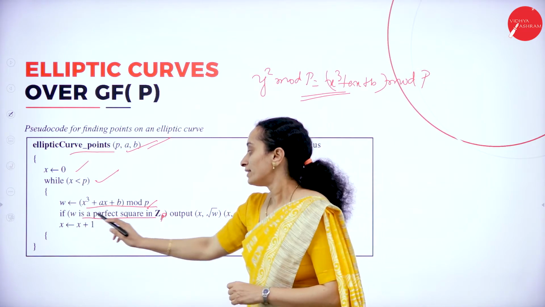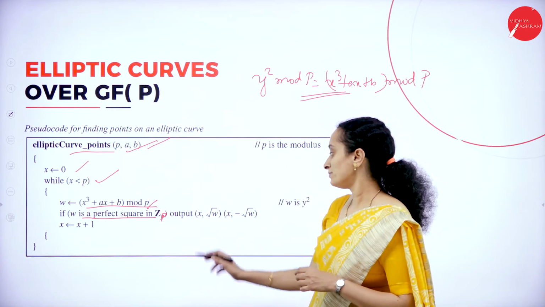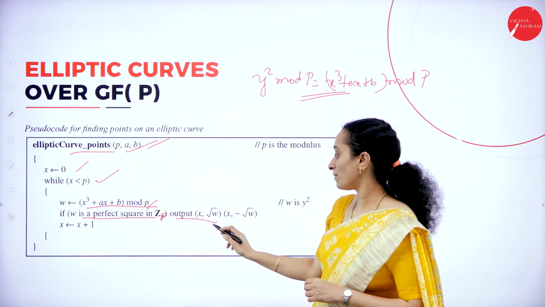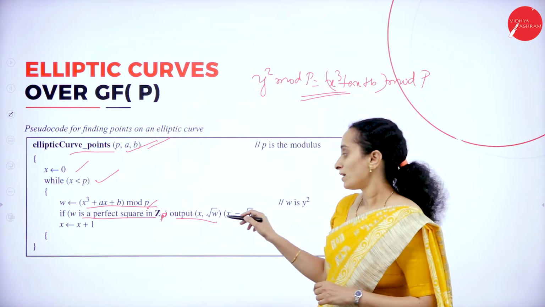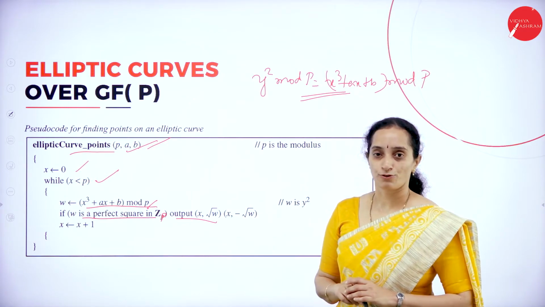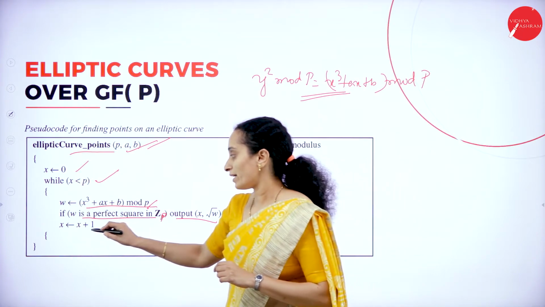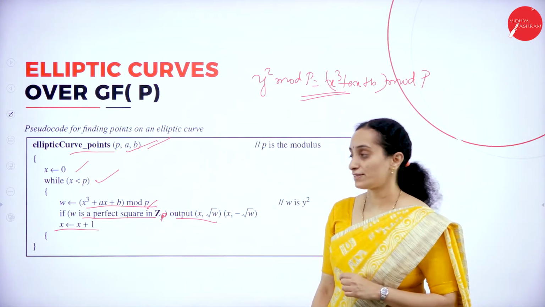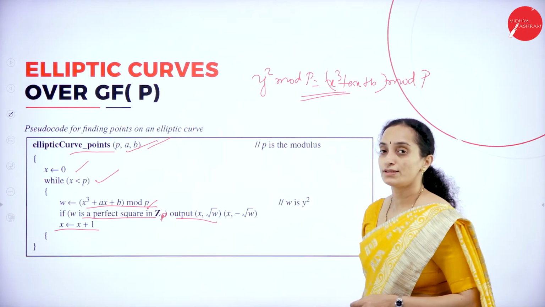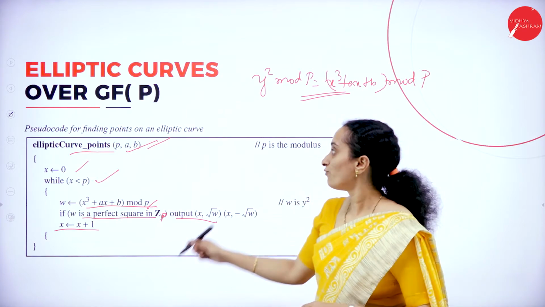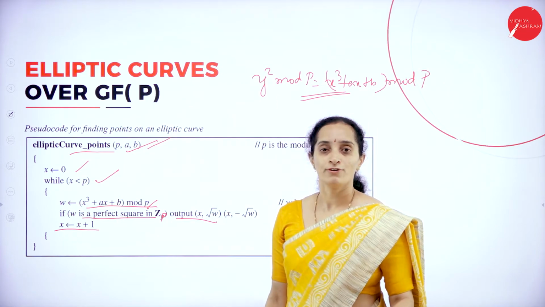If W is a perfect square in the set of primes, the output will be x comma square root of W, and x comma minus the square root of W. We are checking whether W is a perfect square. If it is not a perfect square, x will be incremented. So this is the pseudocode that we can use for elliptic curve generation over the set of prime